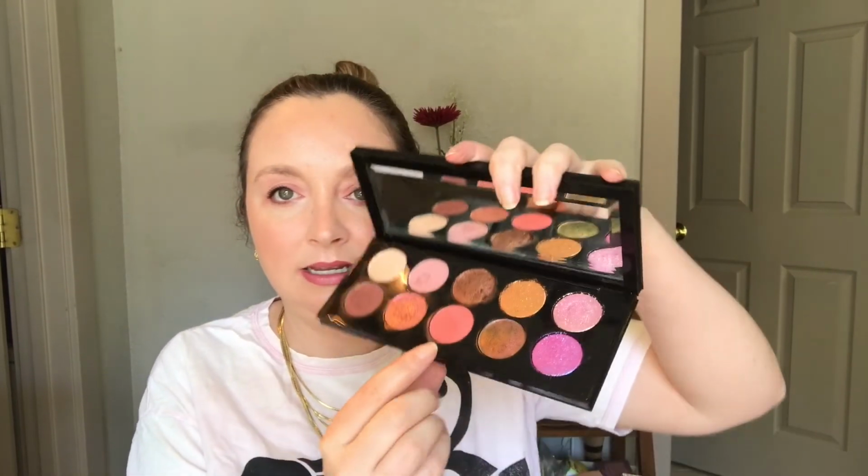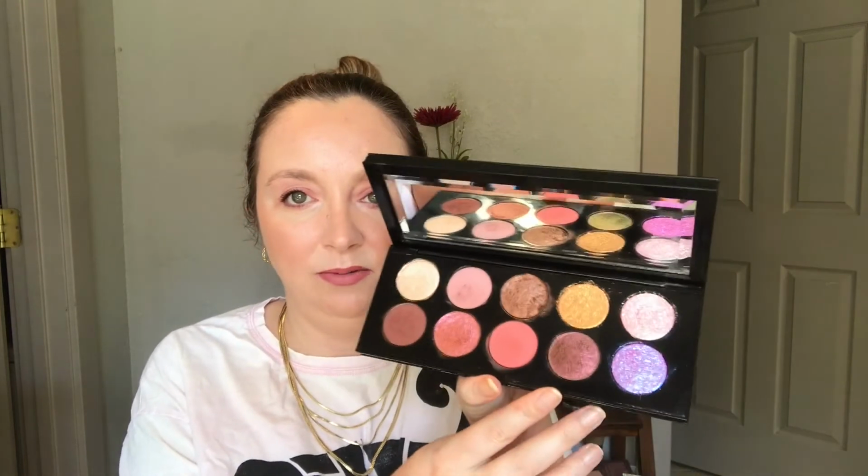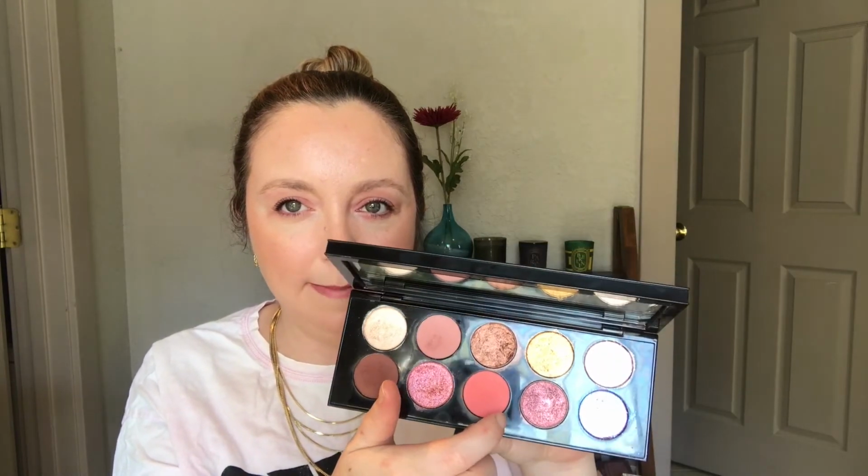this palette. These babies right here, and these are a little bit more fun. And we have a multi-chrome shade here that I'm really excited to get into. This combination of shades is going to be a little bit tricky to use all of them. So I may not get to every one, especially this gold. I might use it in my inner corner, but I'll try my best to use all of them. But this is going to be a little bit more experimental for me than the first look, but bear